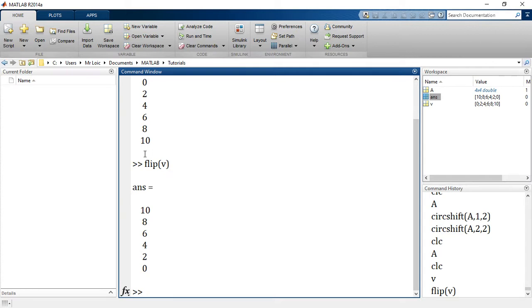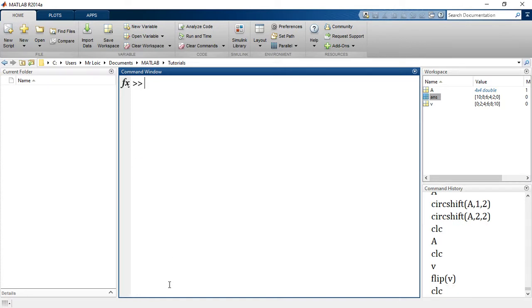So it has completely reversed. 10 has become the first, 8 has become second, 6 has become third, 4 has become fourth. So if they were arranged in ascending order, they become arranged in descending order. That's what flip does, but it's not really ascending or descending order, it's in terms of positions. If it was first position, it becomes last position. If it was third position, it becomes third to the last, and so on and so forth.